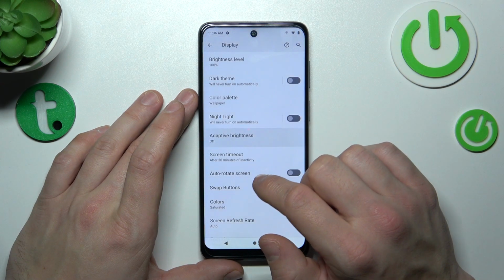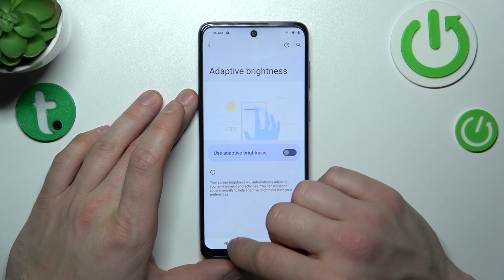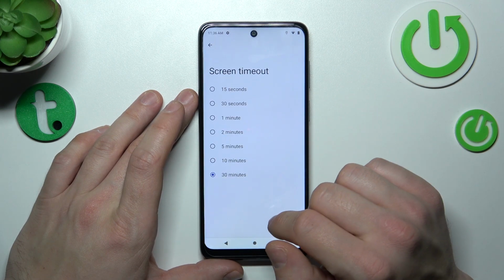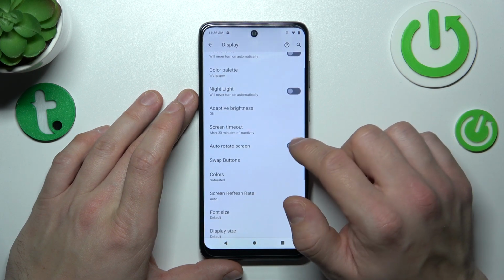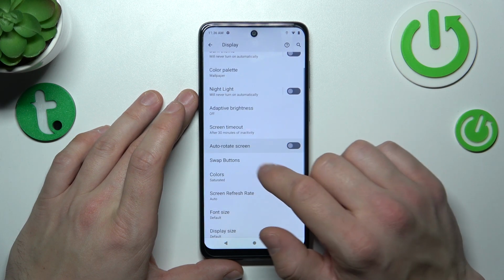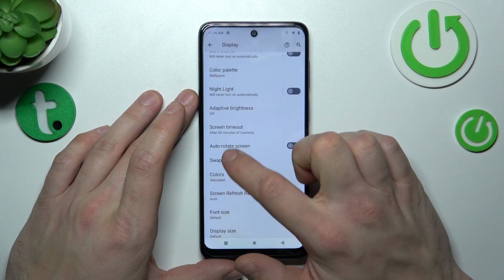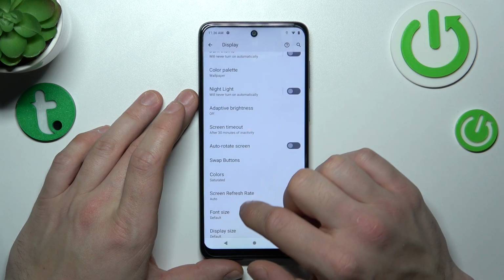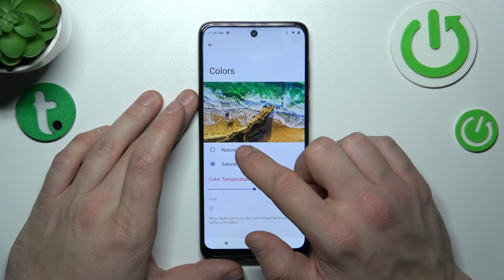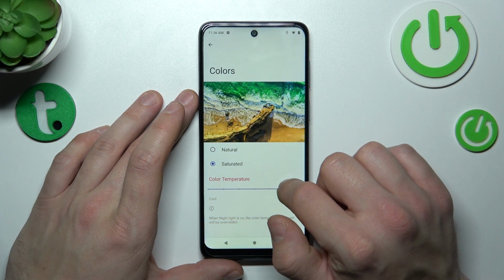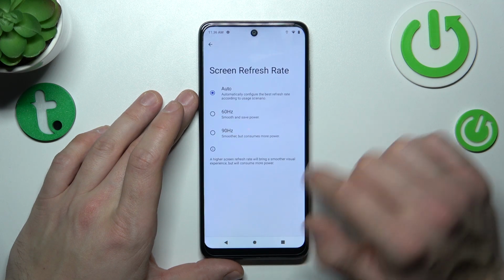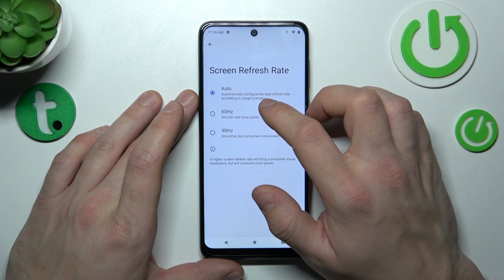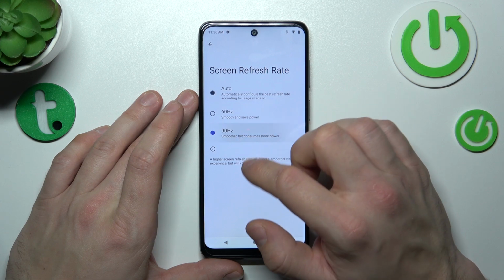Then you can enable or disable adaptive brightness, change screen timeout between 15 seconds and 30 minutes, enable or disable auto rotate screen, you can swap buttons, change colors of the display between natural, saturated, and adjust color temperature. Then you can change screen refresh rate between auto 60Hz and 90Hz,